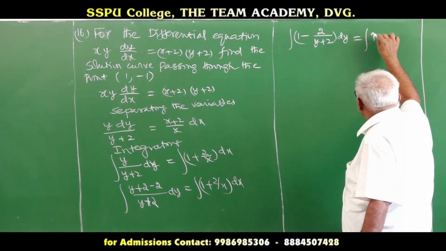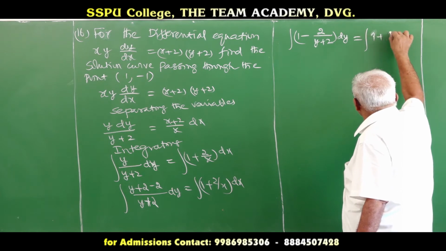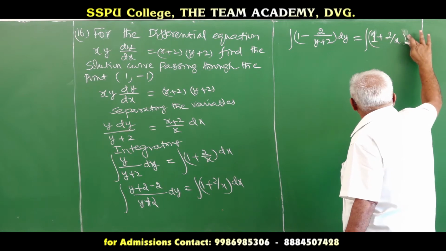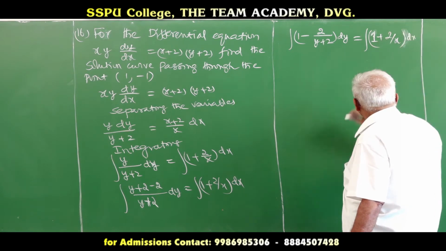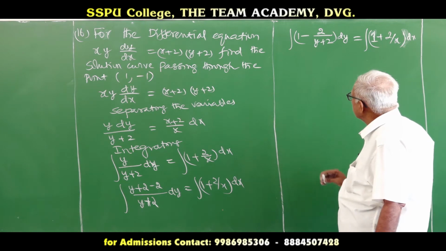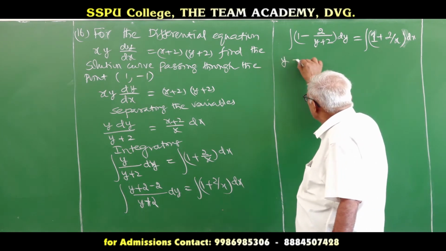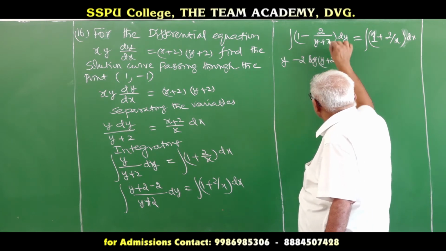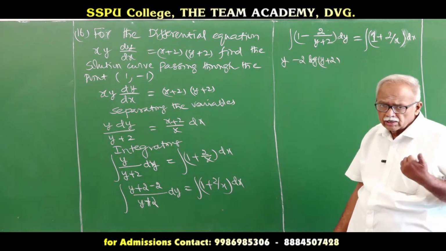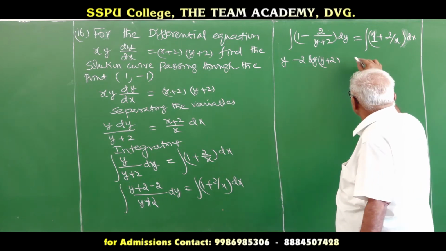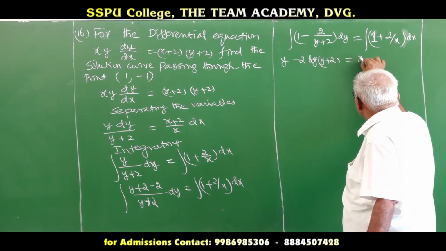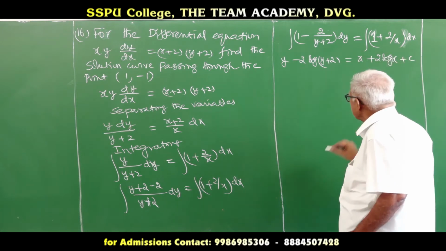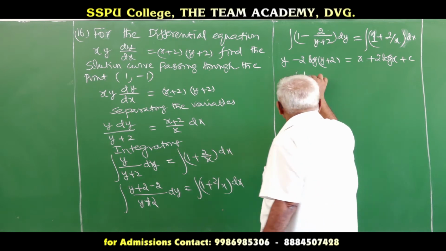Next, 1 plus 2 by x into dx. Now, integration is almost over. y minus 2 log |y plus 2|. The integral of 1 by y plus 2 is log |y plus 2|. Now, here x plus 2 log x plus c